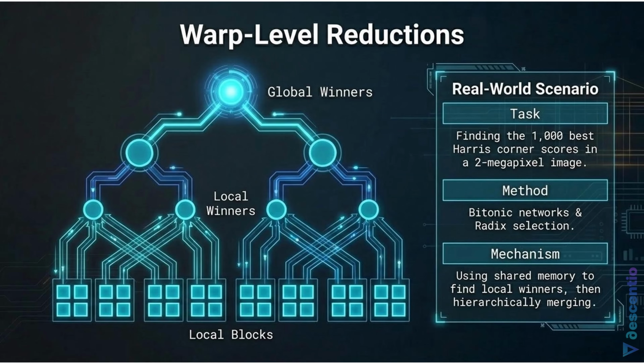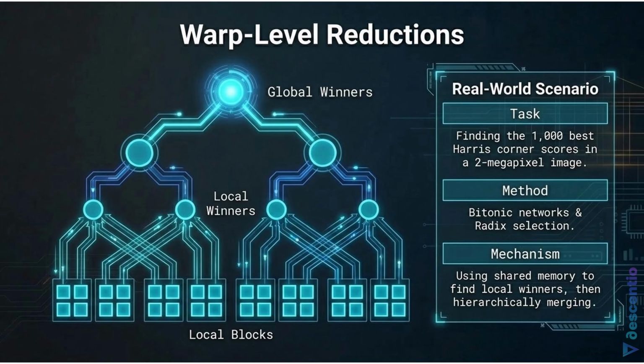Okay, so each local block of threads runs its own isolated tournament to find its local top scores. Exactly. You break the 2 million pixels down into smaller grids. Each grid finds its own winners simultaneously without talking to the other grids. Wait, but eventually, you still have to figure out who the global winners are. Doesn't merging all those local winners just create another massive bottleneck at the very end? It would if you merged them all at once. But you do it hierarchically. You take the winners from level 1, pair them up, and run a second set of tournaments.